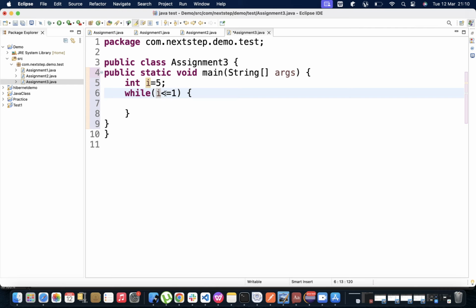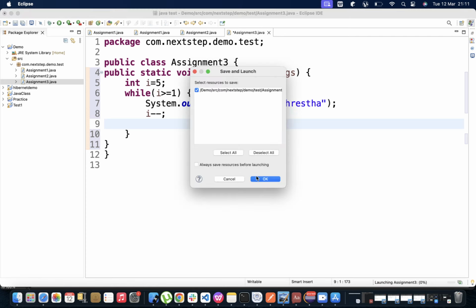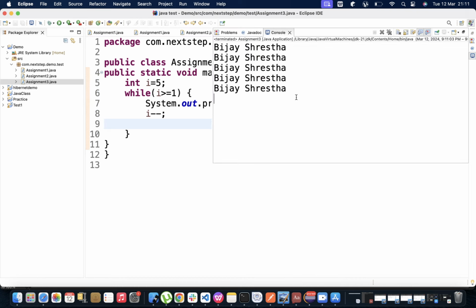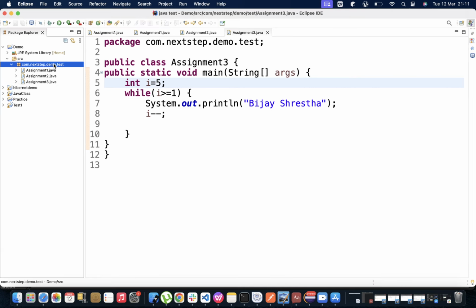त्यही भएर हामीले चाहिँ कन्डिसन मिल्नेवाला राख्नुपर्छ, त्यही भएर greater than। त्यसपछि मैले यहाँनिर चाहिँ एउटा भ्यालु प्रिन्ट गरेँ है त, मैले नाम प्रिन्ट गरेँ, विजय श्रेष्ठ। ठिक छ, त्यसपछि अब 5 देखि 1 सम्म पुग्नु त भ्यालु घट्ने हो, सो म के गर्छु त, i-- अर i equals to i minus 1 लेखे पनि हुन्छ। यदि हामीले यो लेखेन भने त लुप त इन्फाइनाइट चल्छ होइन र? सो यसलाई म रन गर्छु। ओके सो यसले पनि मेरो नाम चाहिँ 5 चोटि प्रिन्ट गर्यो।